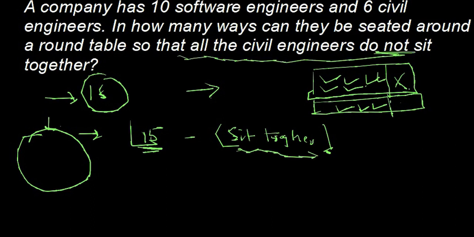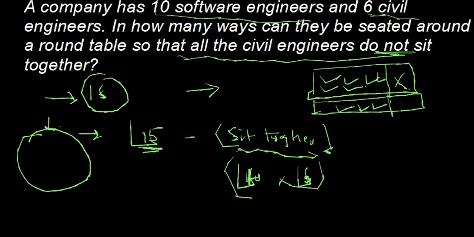ओके, सो हाउ कैन दे सिट टुगेदर? 10 software engineers and 6 civil persons are there. So in how many ways can they sit together? They are sitting on a circular table, so it is factorial 10, okay, and multiplied by factorial 6. So what will be your final answer? It is factorial 15 minus, I think writing is not going to be clear. So factorial 15 minus factorial 10 into factorial 6. So that is going to be your answer. Okay,